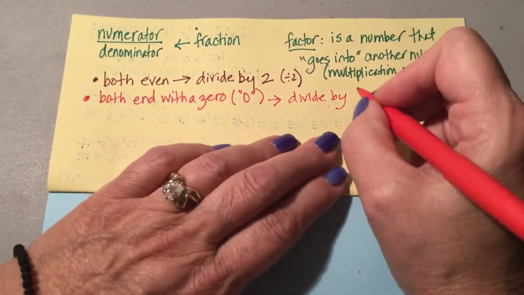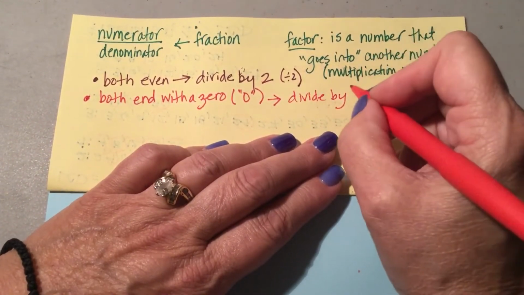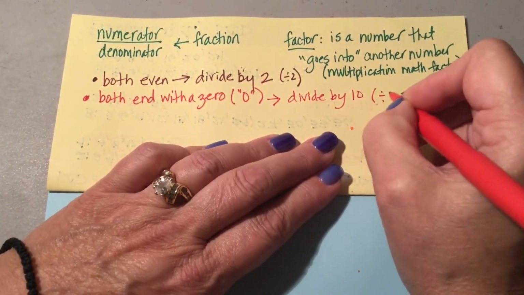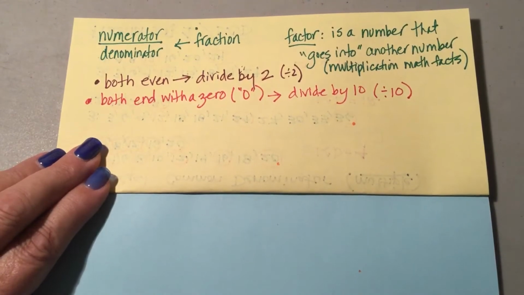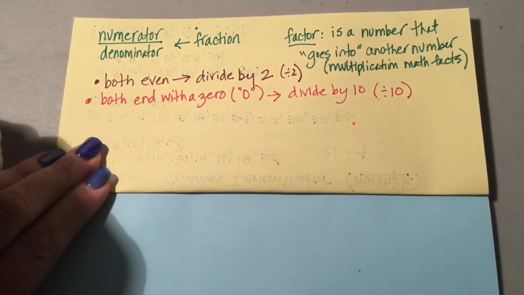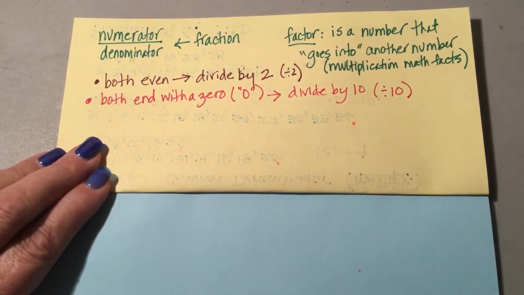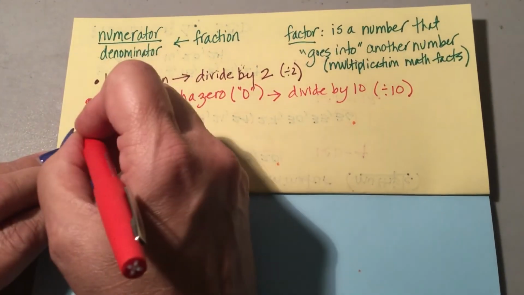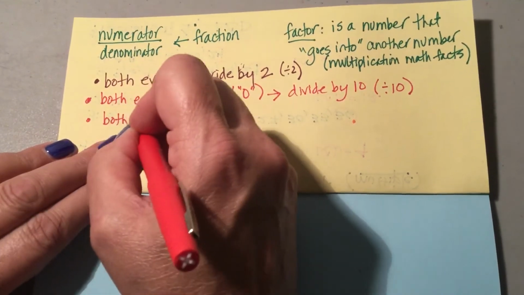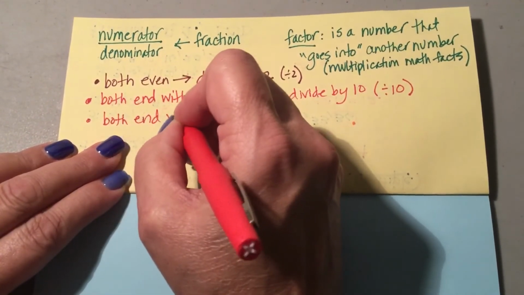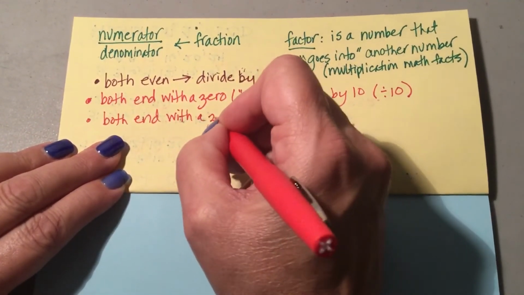Because we know like 10 can go into numbers like 20, 30, 40, 50, and so on. Okay, so we're going to divide by 10 if they both end with a 0, that they'll have that in common. Okay, although there's another rule for both ending with 0, so we're going to add another one here for both end with a 0